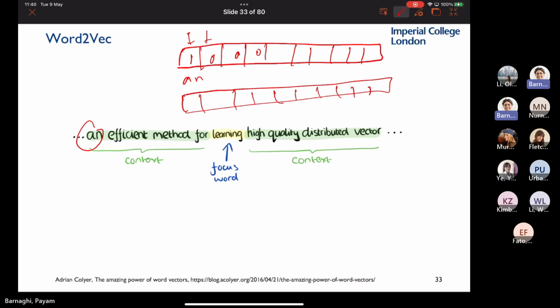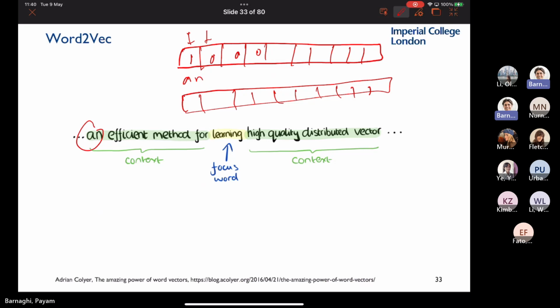But here our focus is on words, and we want to create an embedding which is not really sparse. One-hot encodings are not very good for machine learning and a lot of neural networks, because they always have one value and the rest are zero, and that won't give us much value. We want to create something better for representation, and that's called word representations. The attention model is independent of that and assumes you have your word embeddings, but I thought it would be useful to tell you how some of them work.